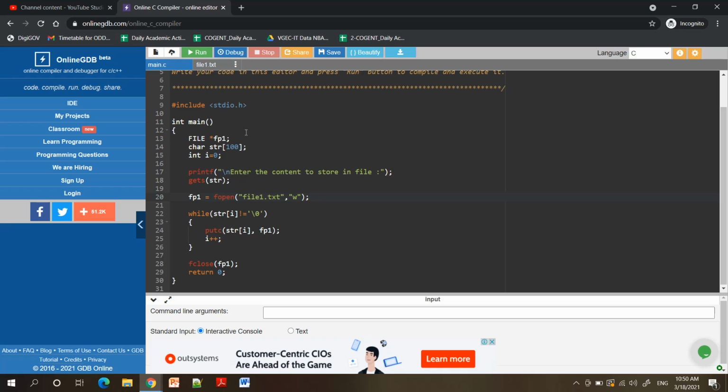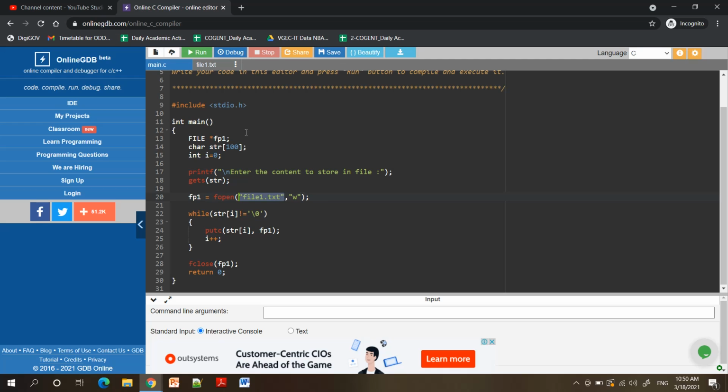Secondly, when you open any file for reading, there is a constraint that the file which you have mentioned and are trying to open in read mode must exist. And the third one: when you need to append some data, meaning data is already there and you are supposed to append something into it, then you need to open that file in append mode.